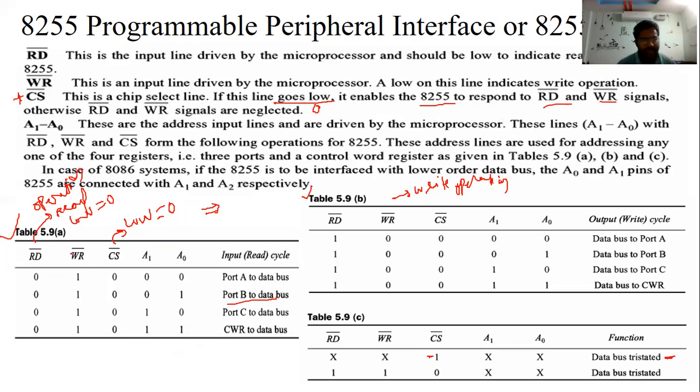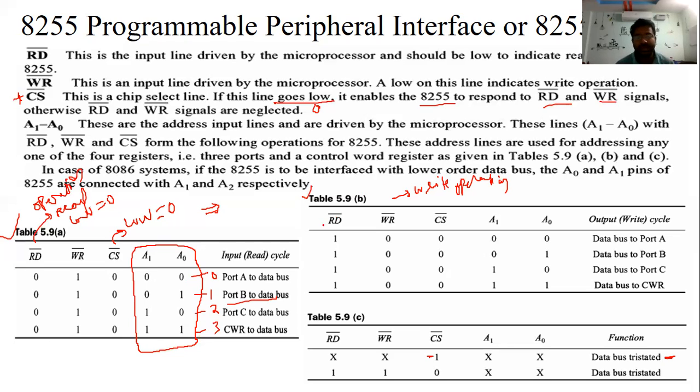Okay, see this. You should remember this A0 A1 only, because why? We can perform the read operation. So only read lines are enabled, nothing but 0. Write lines are disabled, nothing but 1. CS bar is always 0, then only read and write operations are performed. Then you just remember this only. First is 0, first is 1, now second, then third. Very simple. 0 1 2 3. 0 0 is 0. 0 1 is 1. 1 0 is 2. 1 1 is 3.